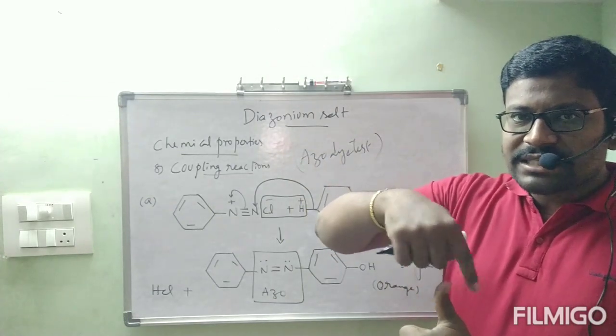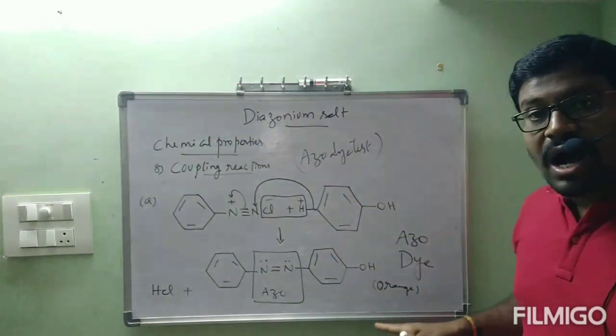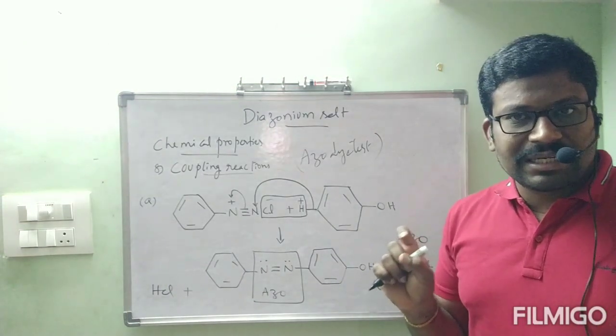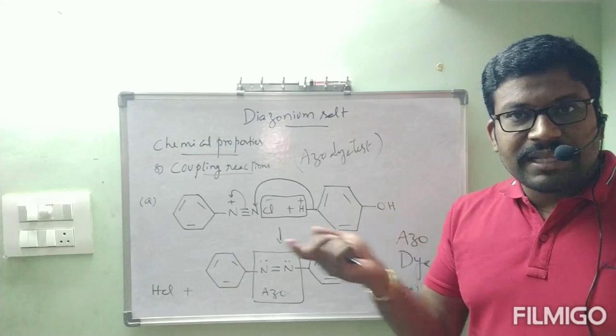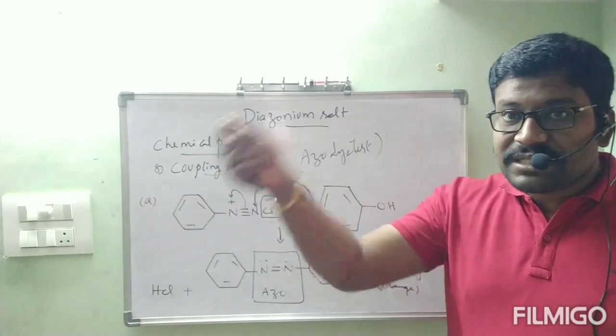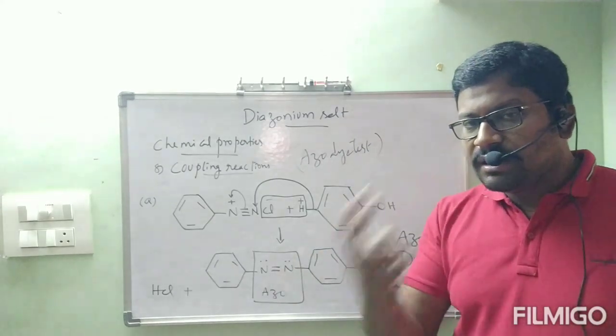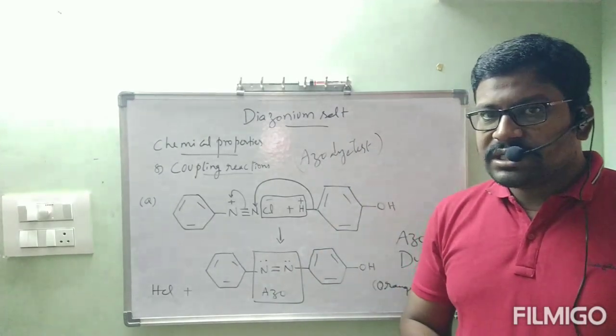Immediately that reaction will happen and we get which color? An orange color dye precipitate will be formed. Clearly we can see the orange color precipitate formed by the addition of this phenol. Then the substance which is added is phenol, like that we can confirm, as we are able to see the orange color precipitate which is formed.